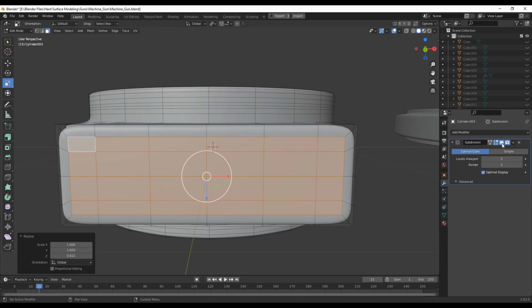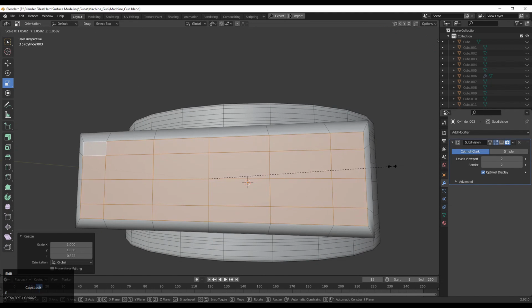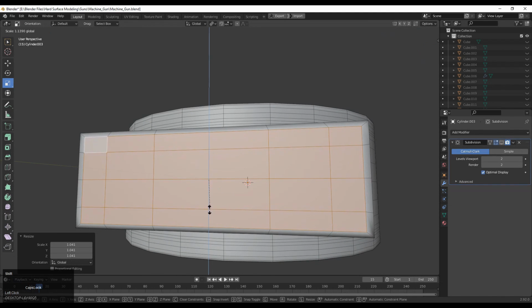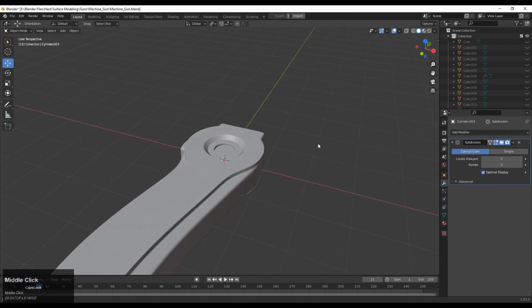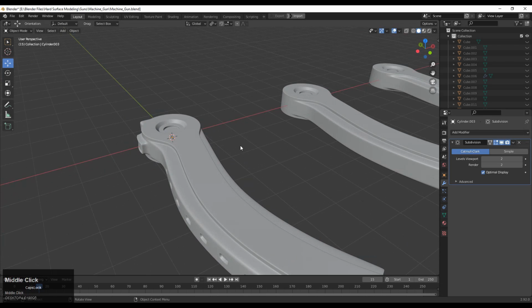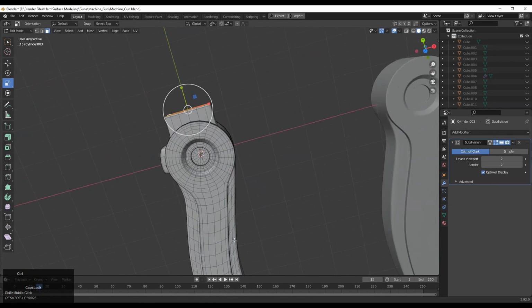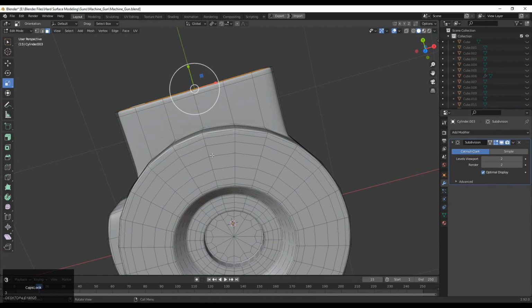Select these faces and press I for the insert operation and scale it down along the y-axis, and that looks good. And then you can turn on your sub D modifier, and you can see our handle looks pretty good.